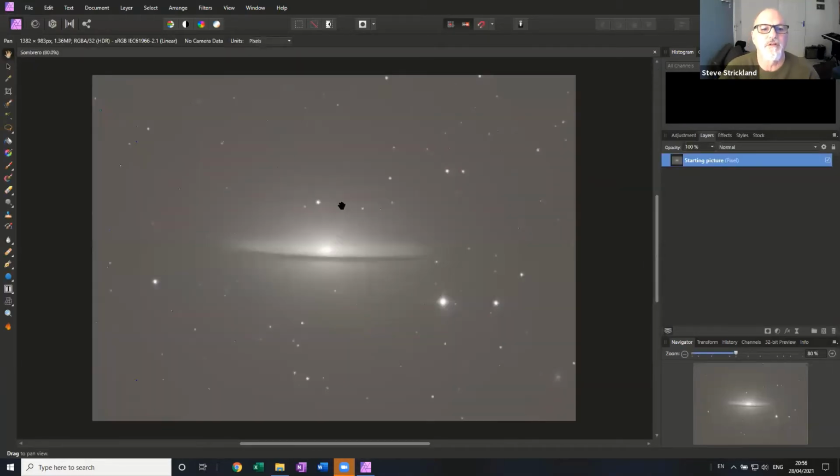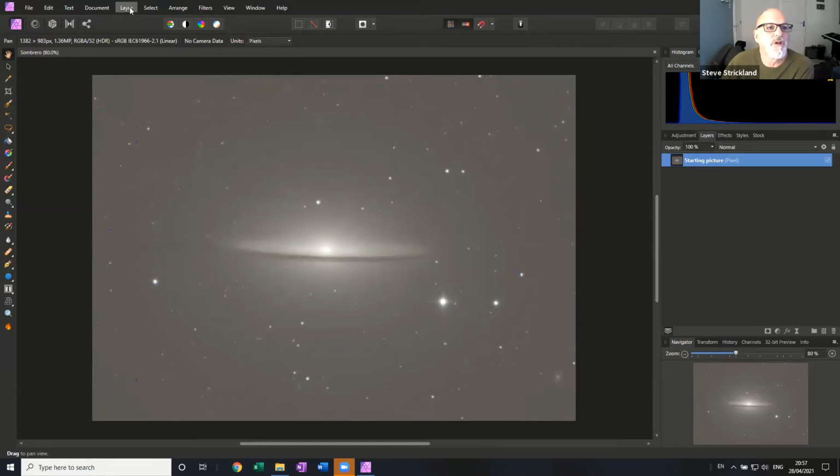Now what I've actually done, can you all see that, by the way? Okay. What I've done here, Telescope Live gives you luminance, red, green, blue images, which I've already combined together, just because I'm trying to keep it simple, really. At this point, I've got this starting picture here. Obviously, you can tell it's a Sombrero Galaxy, but it's a bit all over the place